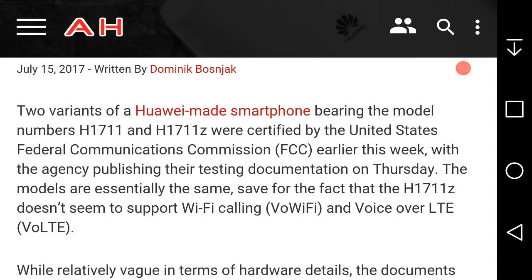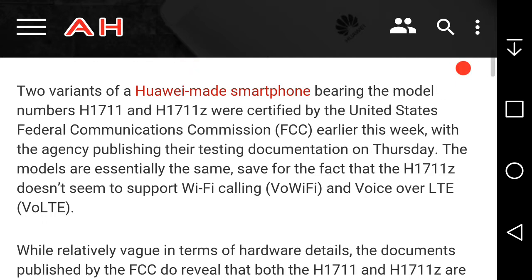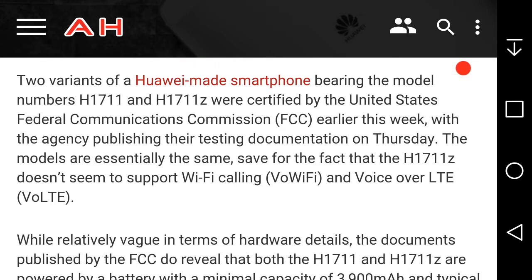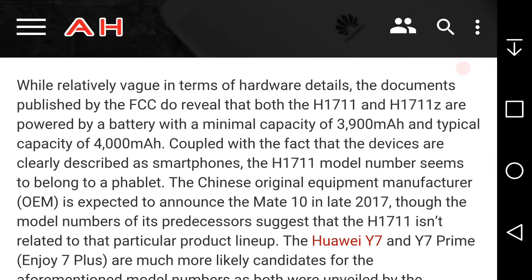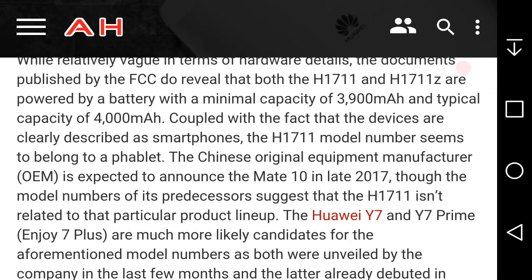The models are essentially the same, save for the fact that the H1711Z doesn't seem to support Wi-Fi calling and voice over LTE. While relatively vague in terms of hardware details, the documents published by the FCC do reveal that both the H1711 and the H1711Z are powered by a battery with a minimal capacity of 3900 milliamps and a typical capacity of 4000 milliamps. Coupled with the fact that the devices are clearly described as smartphones, the H1711 model number seems to